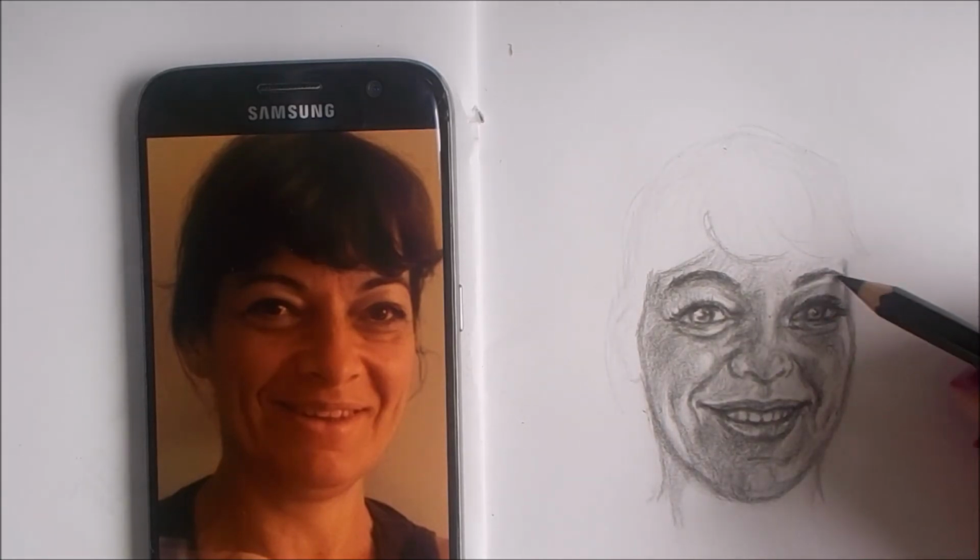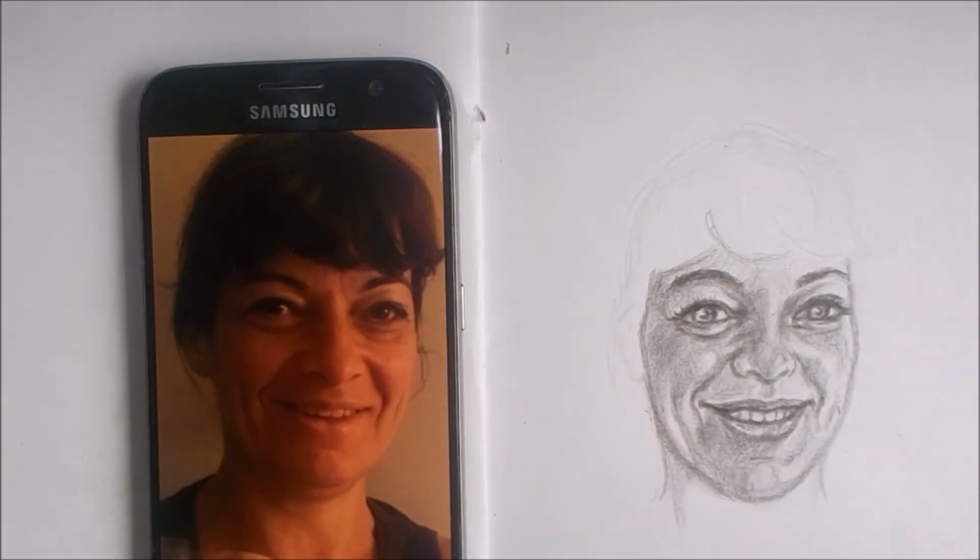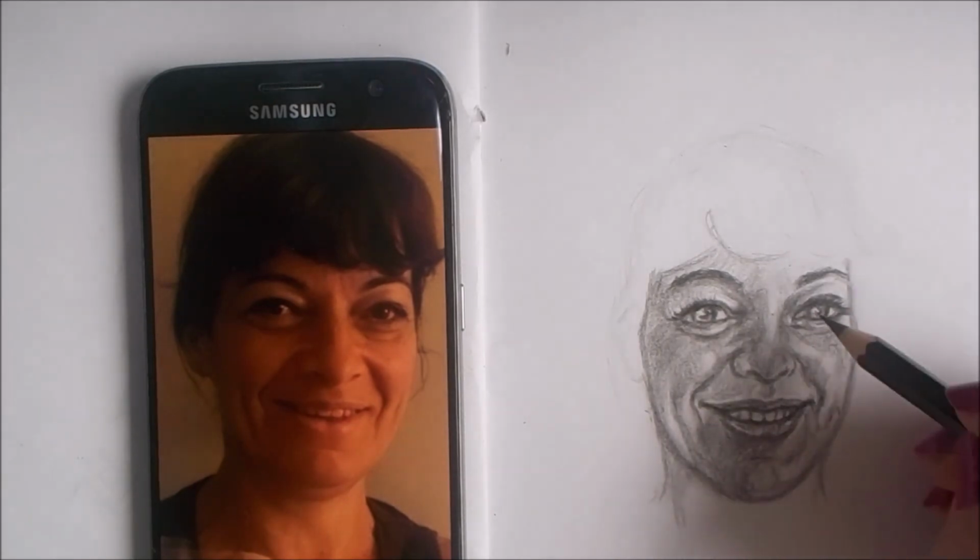It is just graphite, so you can always erase, and I like this eraser that's shaped like a pencil. It can also be used for some blending, although I do not blend a lot. I like my drawings to look like drawings and not